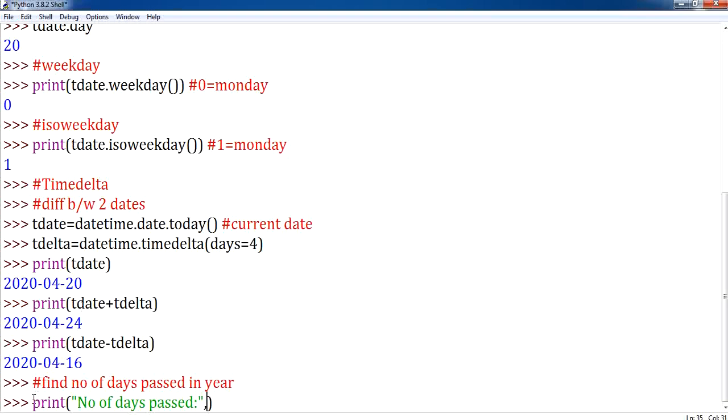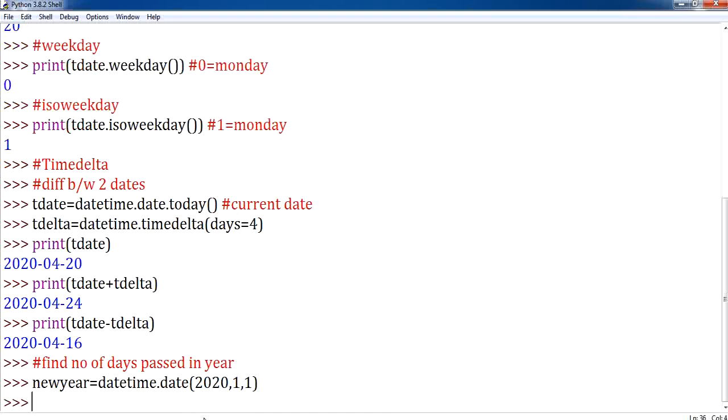Before that, let me initialize one variable called new year for our clarification. For the execution, I need one element called new year. What is the new year date? I should initialize it here. Let me give new year datetime.date, and let me initialize the new year date as 2020 and 1. And now let me display number of days passed.